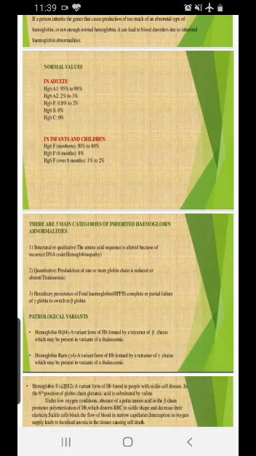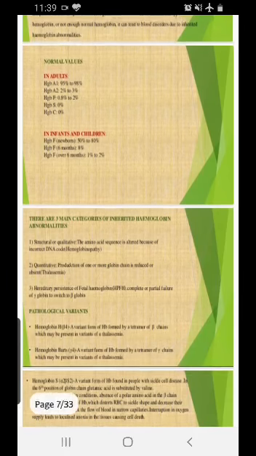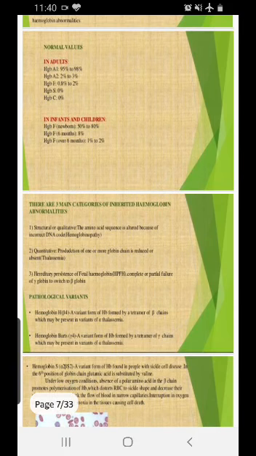If there is less production of alpha, we call it alpha thalassemia. If there is less production of beta, it can be beta thalassemia. Now there are 4 chains of beta and 2 chains of alpha. So when there is a production of 1 or 2, the amount of anemia, the hemolytic anemia, will be less severe. But if there is a deletion of all the 4 chains, it will be a complete thalassemia.